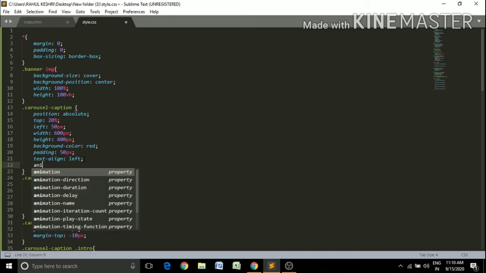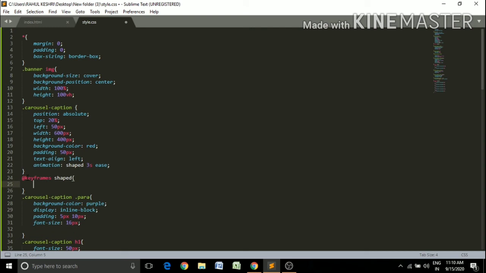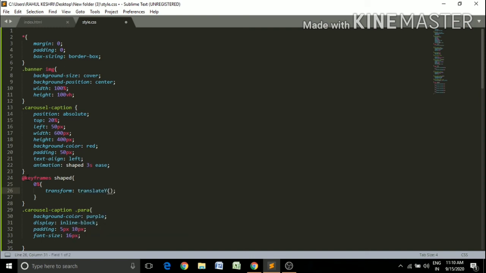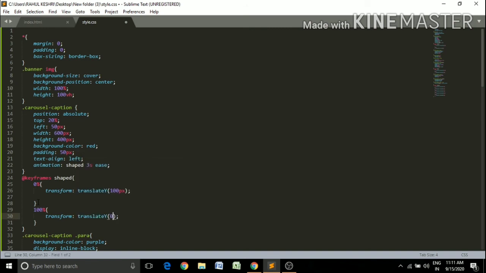Now I'm going to move to the carousel caption. Here I'm giving the animation, you can give any name, 3-second ease, @keyframes saved, 0%, transform translateY 100 pixel, 100%, transform translateY 0 pixel.